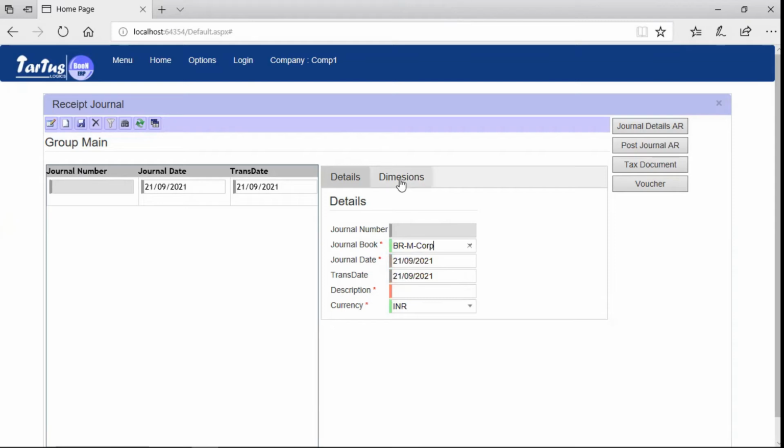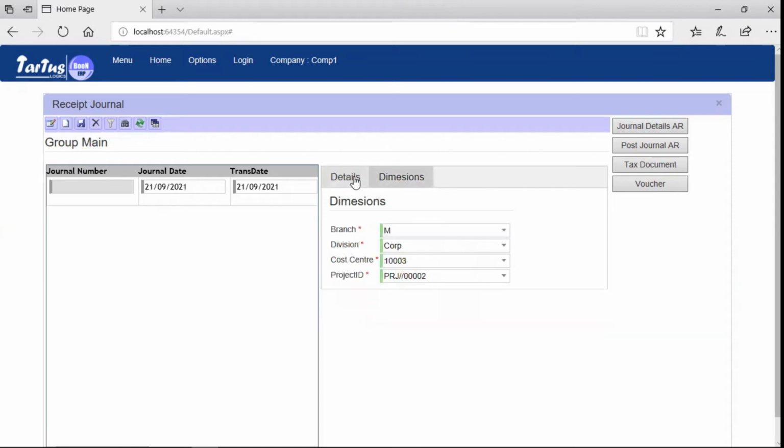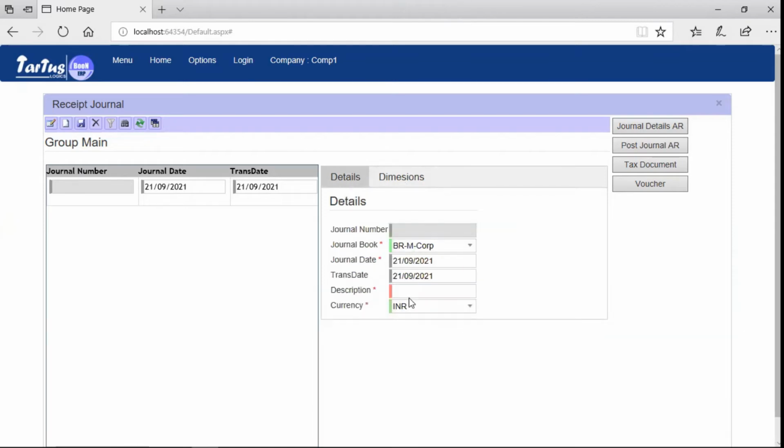Dimension values came automatically. Enter the description of the journal. I put it as investment. Save the record. Number generates automatically.